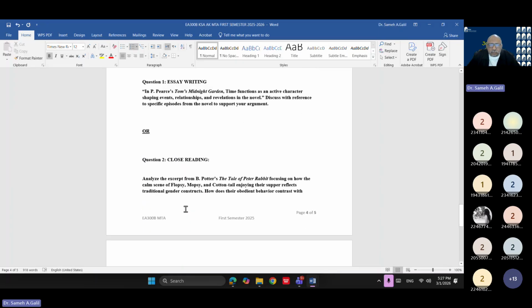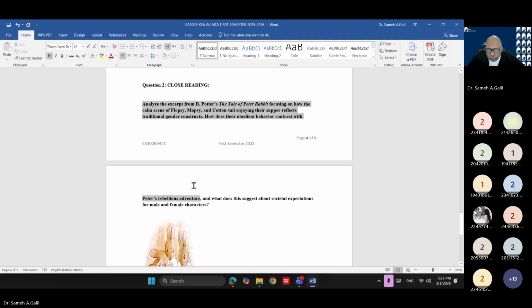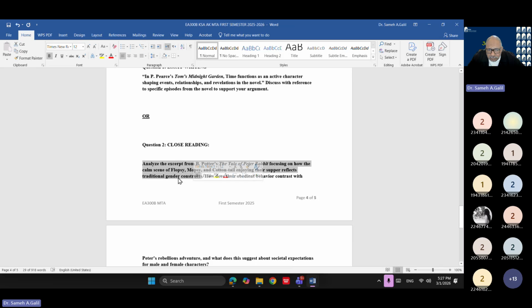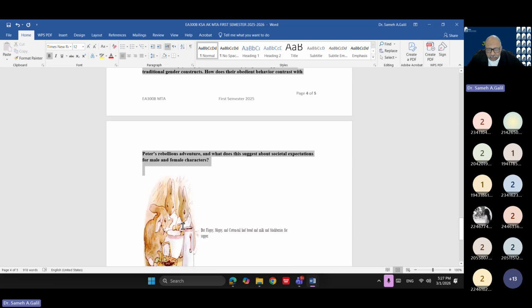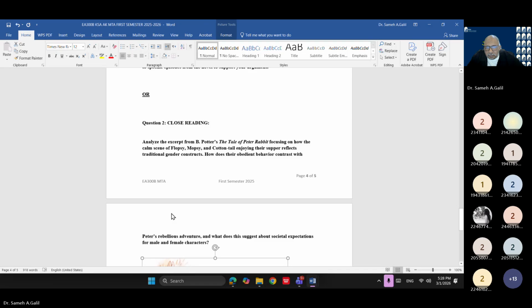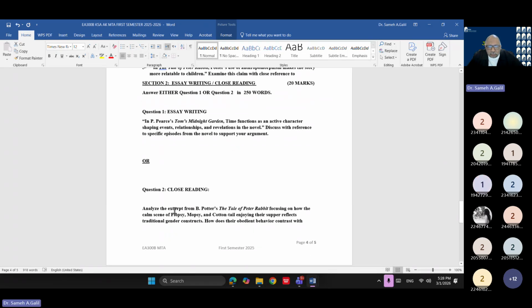And then we move to the essay part. As you can see, you have two questions. One of them can be a prompt like this one, or it can be a close reading like this one. And I'll tell you what it is. The close reading in this case is a picture. Okay, so let's see